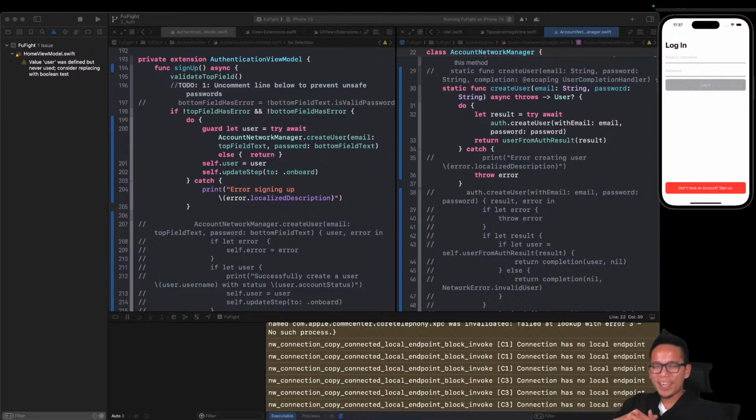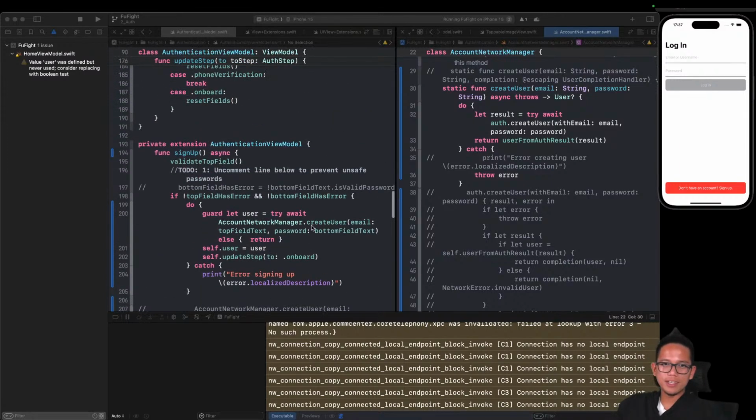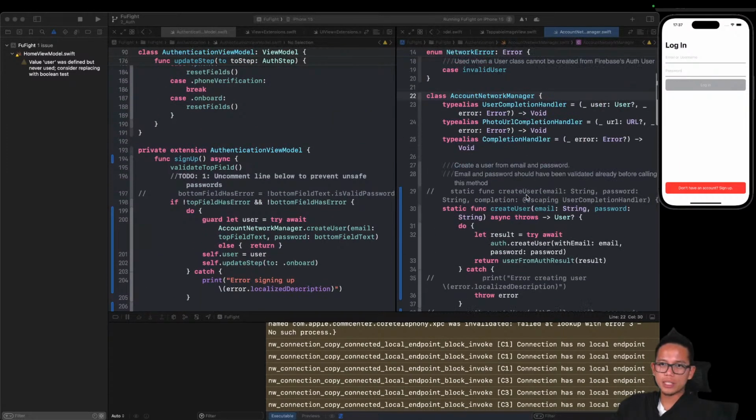So today, as you can see in the title, we're going to be improving our authentication, both in the code base as well as the UI of it. For example, what I started actually doing was